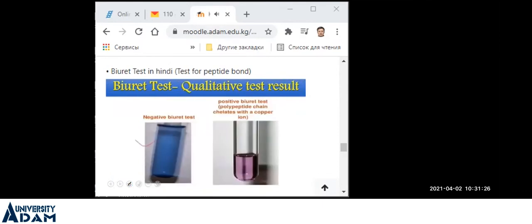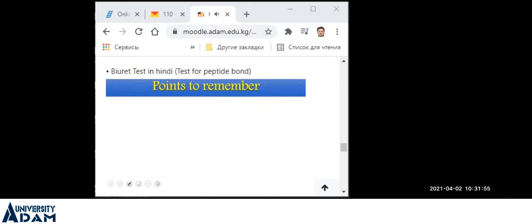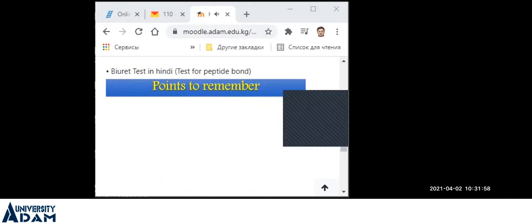तो दिस इज़ द नॉर्मल कलर ऑफ कॉपर सल्फेट, कॉपर +2। ये ब्लू कलर कॉपर +2 आयन का होता है। अगर टेस्ट सॉल्यूशन में पेप्टाइड प्रेजेंट था तो कलर चेंज होगा, कॉम्प्लेक्स बनेगा और जिसके कारण हमें ये वायलेट कलर का सॉल्यूशन दिखेगा। अगर ये कलर कन्वर्ट होता है, इट मीन्स पेप्टाइड बॉन्ड वाज़ प्रेजेंट देयर। अगर ये नहीं कन्वर्ट होता है, कलर रिटेन होता है, इट मीन्स पेप्टाइड वाज़ एब्सेंट देयर। अब इस रिएक्शन के लिए कुछ चीजें हमें याद रखनी चाहिए, ध्यान रखनी चाहिए। जैसे